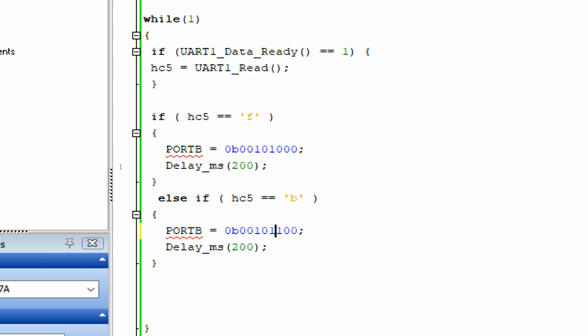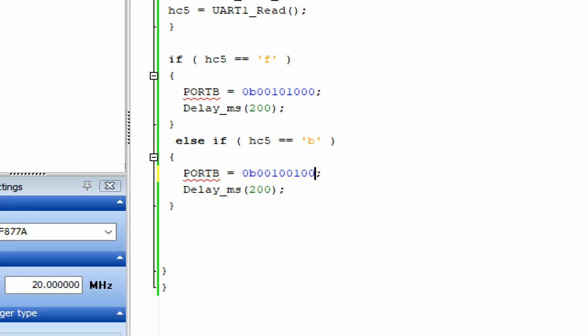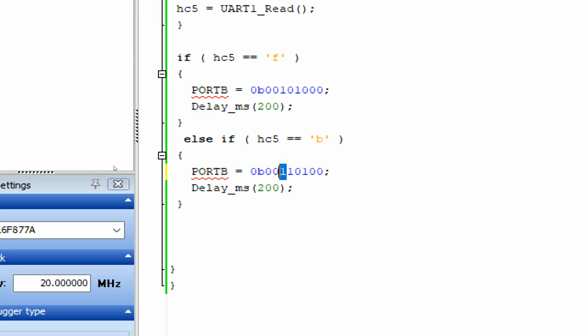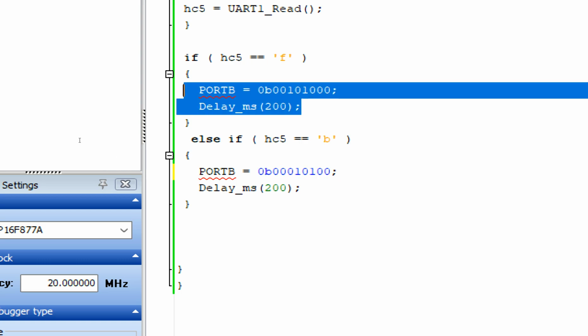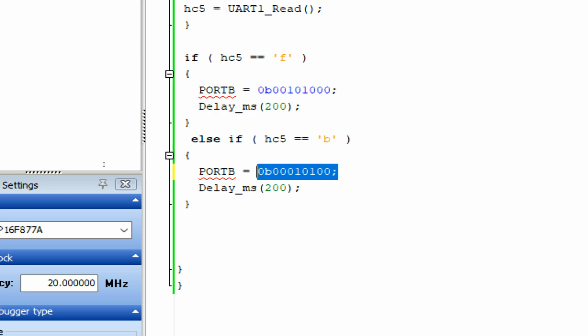Now this will be high, this has to go low. Now this is the benefit of using this. B0, B1, B2, B3 and B4, while the rest of all will go low, go back to the initial state. Now this is the benefit of using this, sending the bits in binary to the port. Else you have to write 4 commands here. You have to turn off this, else it will keep on moving forward. You have to turn this off and you have to turn this on. You have to write 2 commands,